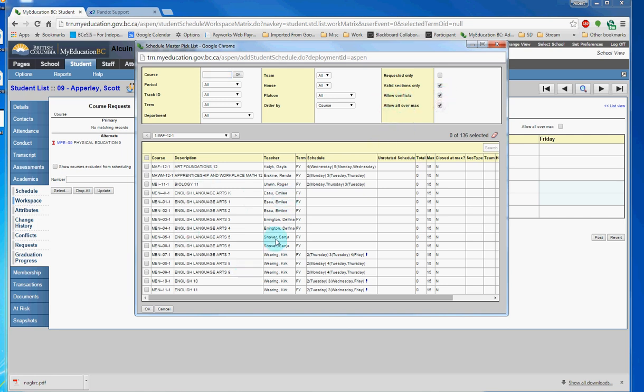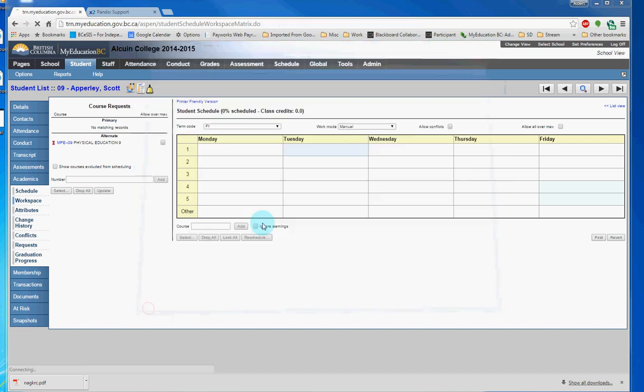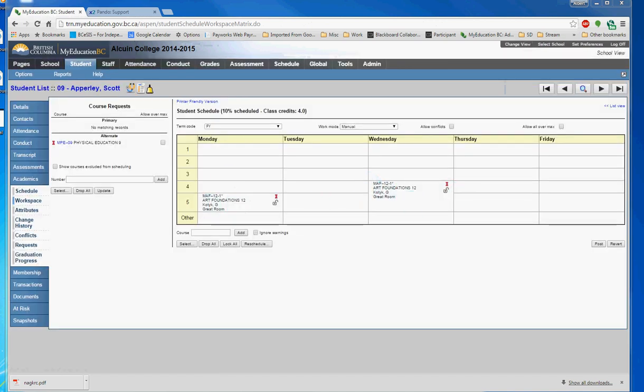This will override any scheduling conflicts and any limit you've set up on how many students can be in a course. Now there may be times where you might want to leave this unchecked, but for our purposes, because we're using testing data, we are going to allow MyEd to create conflicts and anything over max. And this will give us the least amount of conflicts here. So I'll choose Art Foundations 12, click OK, and then that will populate into the periods in which this course